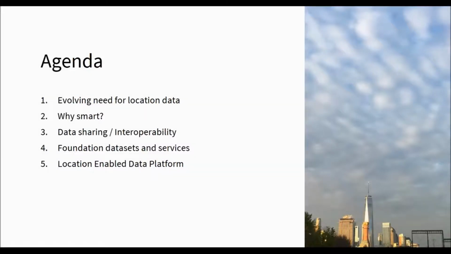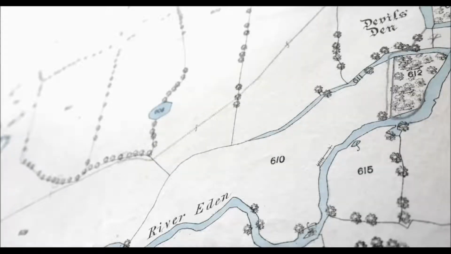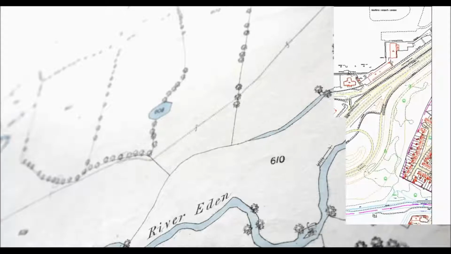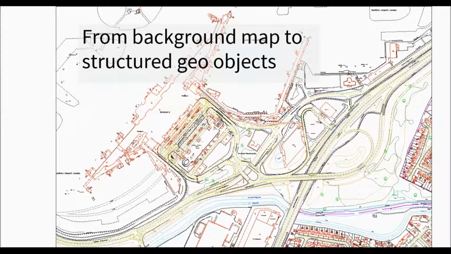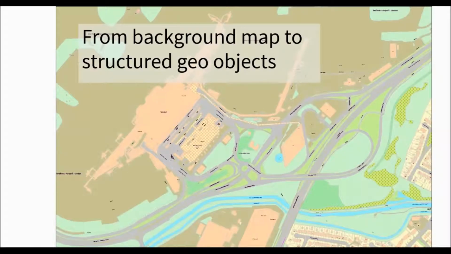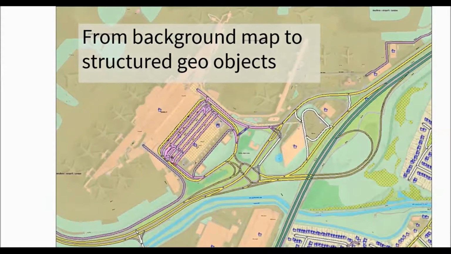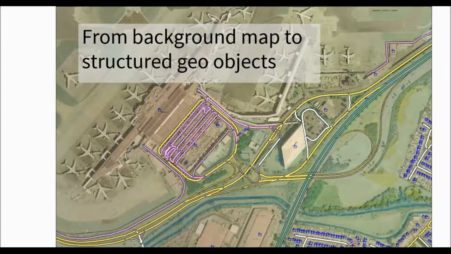So from a geospatial data perspective, I think a lot of us started with a paper map. You see a particularly nice one here in the county of Kent in the UK. And over the years, we went through a process in which the analog maps were digitized, and you see here a digitized spaghetti data set. At some point, they were object built. We added other data layers, such as addresses, the routing network, as well as contextual orthophoto data. So this is how geospatial data basically evolved over the last few decades.